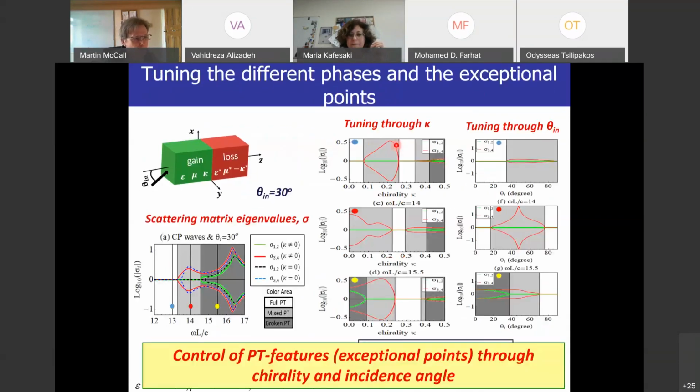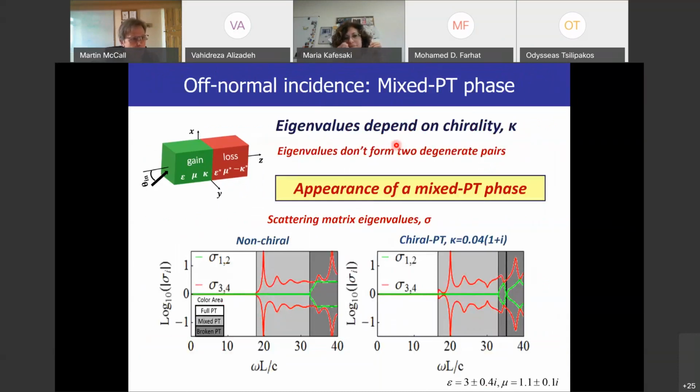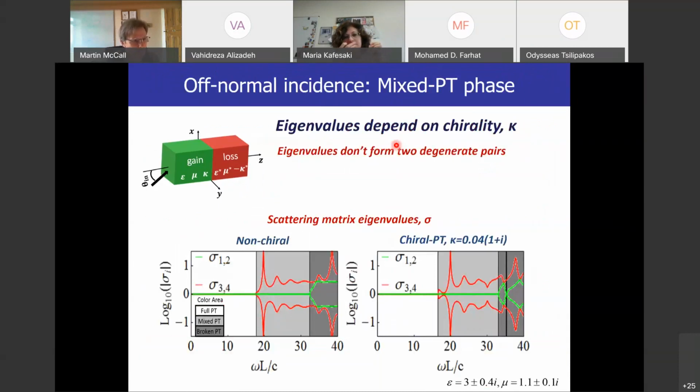So, can I just clarify? Is it just a single bilayer that you're analysing? It's a single bilayer which is parity-time-symmetric only along the Z. By paraxial, the definition of paraxial means near normal to the interface. No, but we have not used paraxial approximation here. No, I understand that. But then my next question is